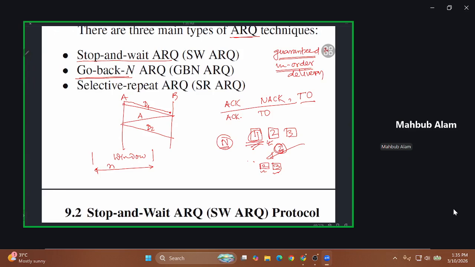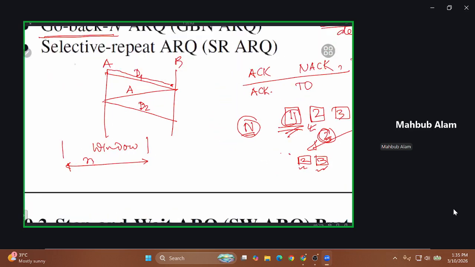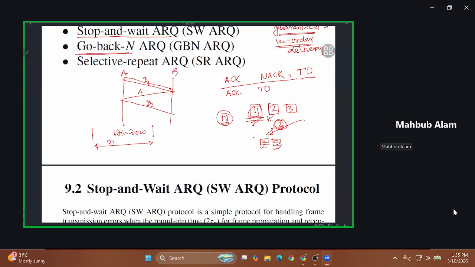As I mentioned in the last class or the class before, in earlier days the major intention in designing a networking protocol was to keep the protocol as simple as possible. Nowadays, machines are powerful and things can be done very easily, but at that time most of the devices had very limited capability. Anyway, we will analyze these three error correction mechanisms, which we usually call ARQ, automatic repeat request.